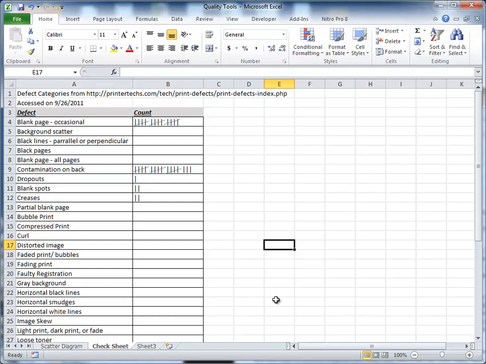Today we're going to talk about how to make a Pareto chart, and typically, not always, but typically you will take the data that you have gathered on your check sheet and create a Pareto chart from that data. As you can see on your screen, we have an Excel spreadsheet here with several categories of defects and some counts beside those, and hash marks in the typical check sheet style. So I'm going to use this data to create a